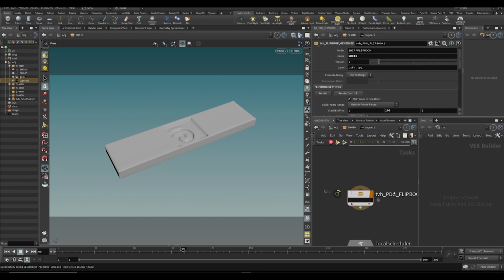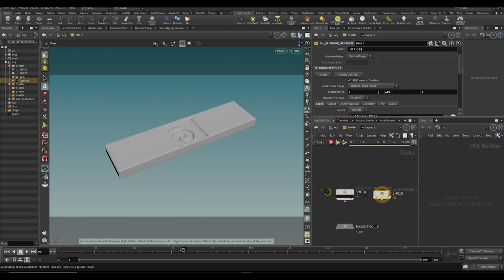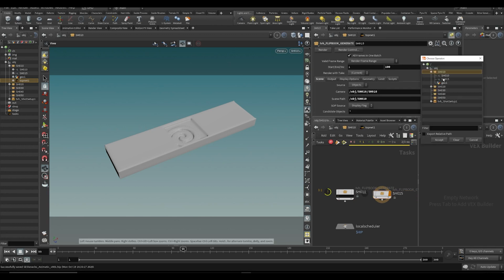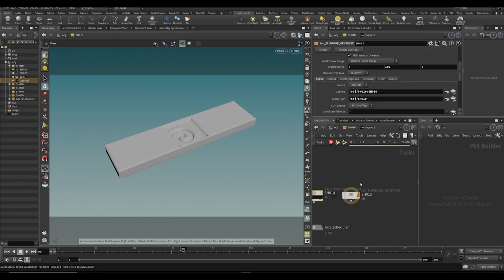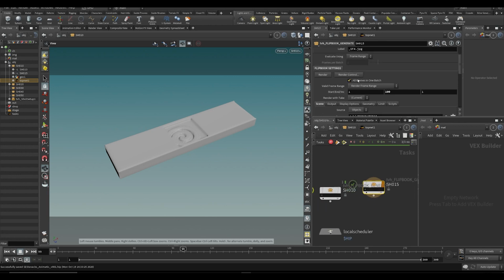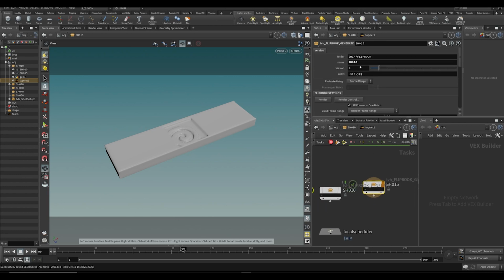So I guess let's call this shot 10. I'm just gonna export them like this. Let's do shot 15 as well. And for shot 15, we need a different camera, of course. And I'm gonna also generate shot 15. Same range. Let's just do that one. Oh, I still had it named. All right. Let me just,